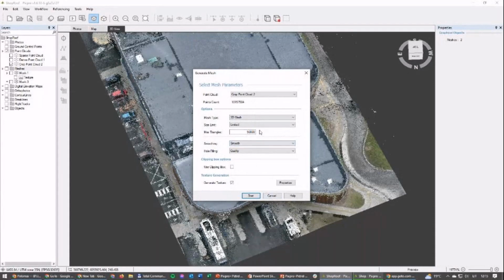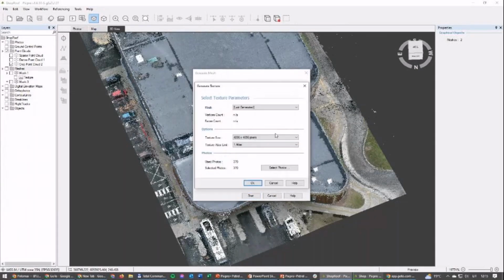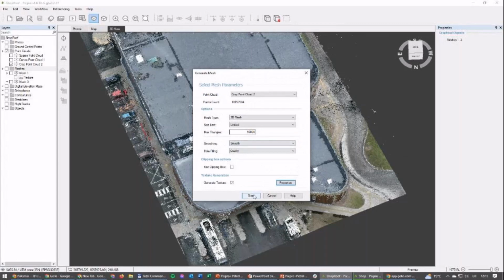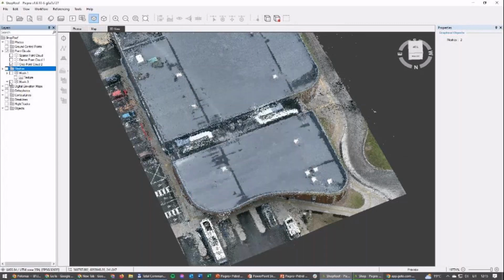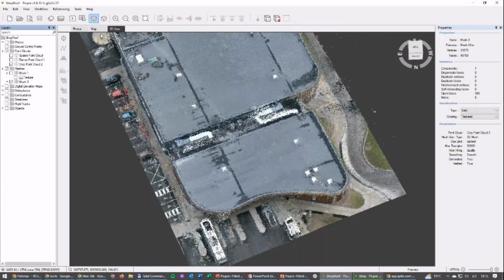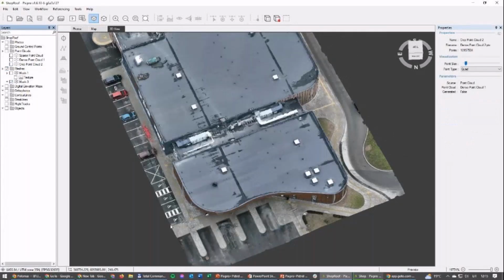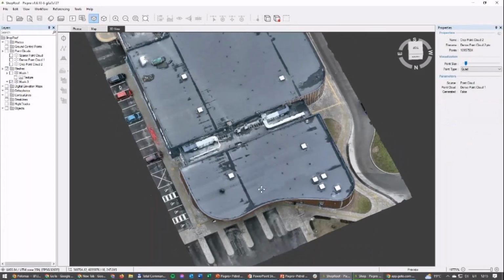Okay. And also in this case, we have to choose textures. And the texture properties are also quite important. Yet again, for PVSol, the best choice is a 4000 by 4000 pixels texture size, and make sure to choose one atlas as the atlas limit. These are also quite important. All right, and then we click start, and what we get is the mesh. Let me click on that, and as you can see, it's quite a nice